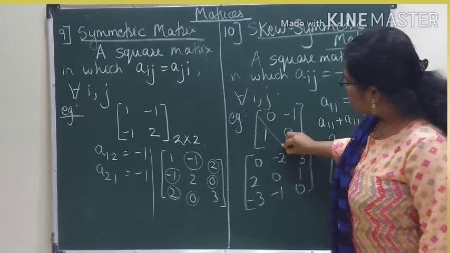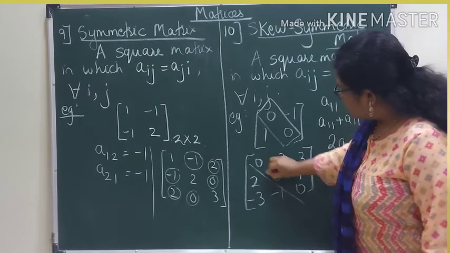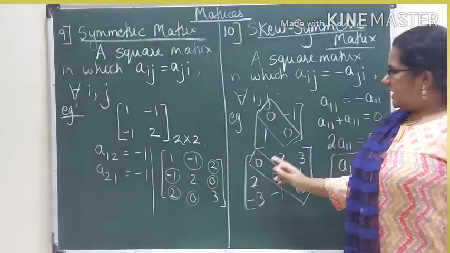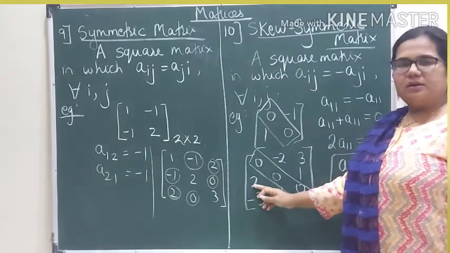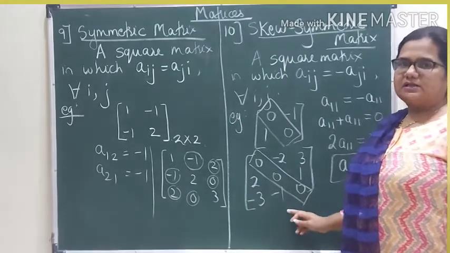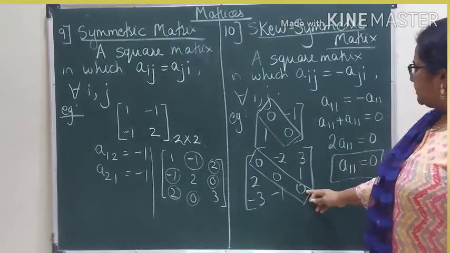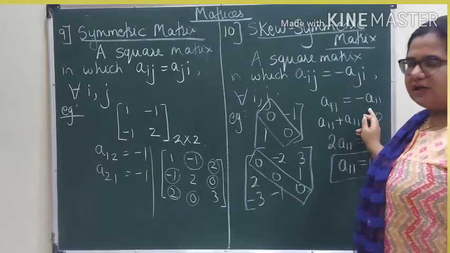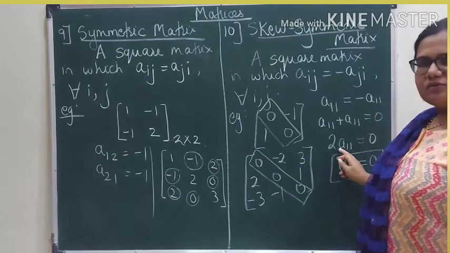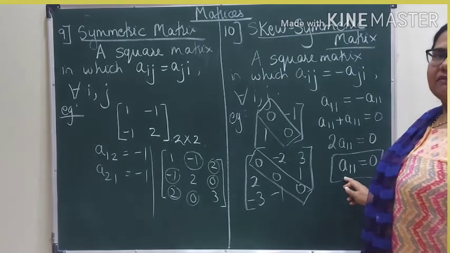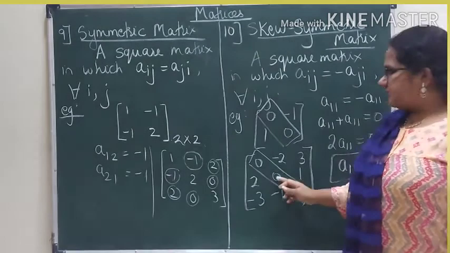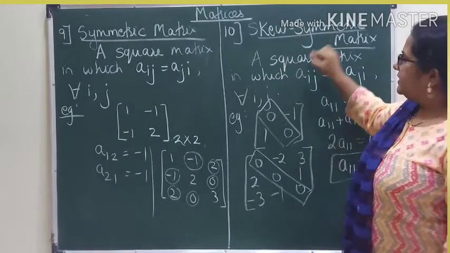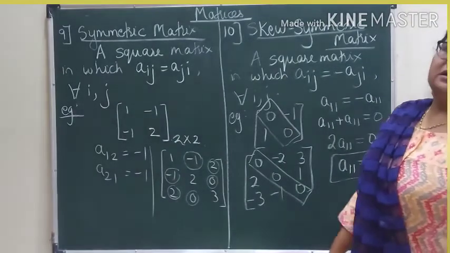So this is one thing to remember. In a skew symmetric matrix, the diagonal elements are 0 and the non-diagonal elements, exactly when you interchange the row and column number, are opposite in sign. Have you understood why these diagonal elements are 0? Because if you take this equation, A11 should be equal to minus of A11. If you take the element to this side, it becomes 2 times A11. That means ultimately A11 is equal to 0. Same thing applies for A22 and for A33. So in a skew symmetric matrix, the diagonal elements are always 0.